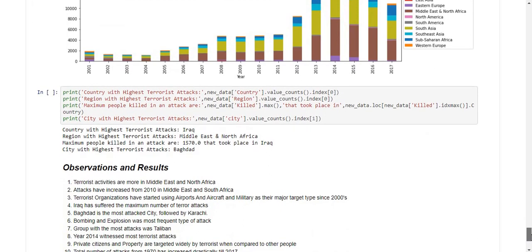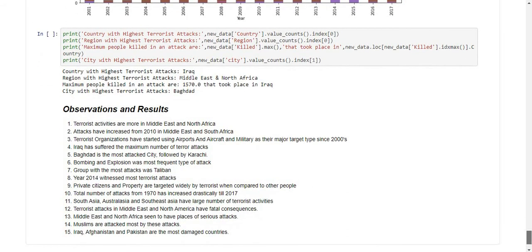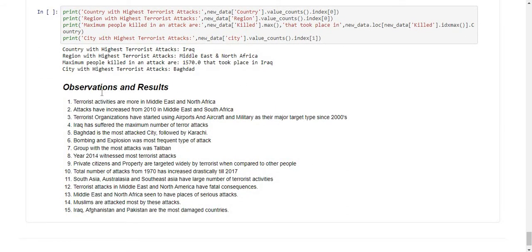So after analyzing this data set, we conclude these statements. First one is terrorist activities are more in Middle East and North Africa. Attacks have increased from 2010 in Middle East and North Africa. Terrorist organizations have started using airports and aircrafts and military as their major target type since the 2000s.